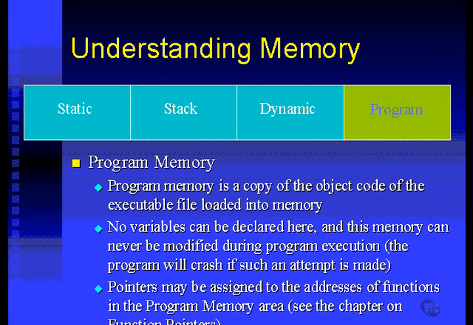Now, interestingly, this is quite an advanced little point here, but it is actually possible to assign a pointer into this area of memory. You can assign a pointer to certain functions, and then you can do very clever things with those pointers. And that's about the only thing that you can actually do with the program area of memory. But you'll have to refer to the chapter on function pointers to learn more about that. So there it is. Those are the 4 different types of memory, and what they are used for. You've already seen, I guess, the static memory and stack memory, and in this module we're now going to learn more about dynamic